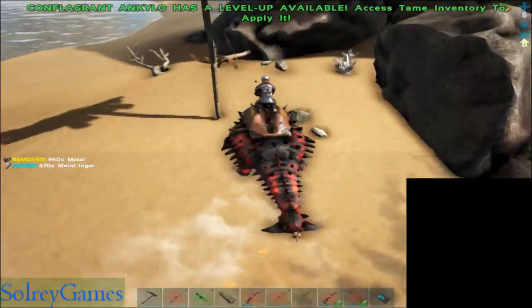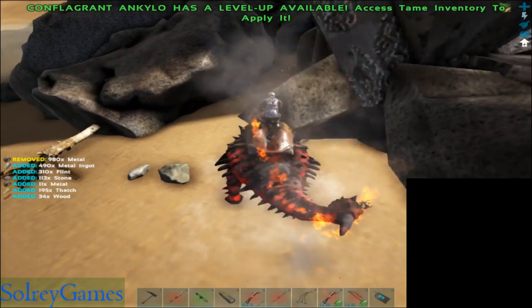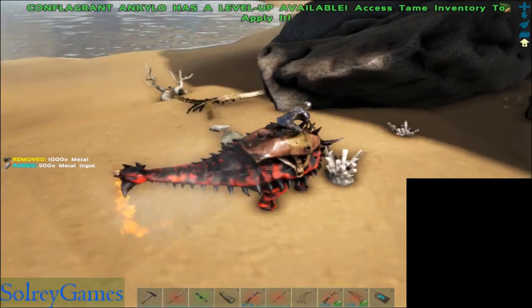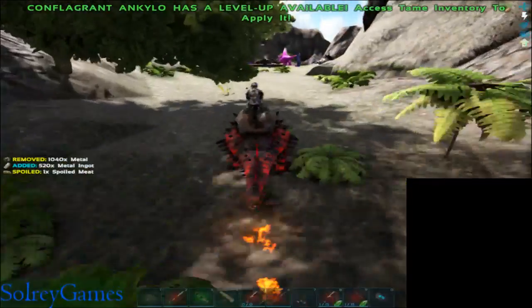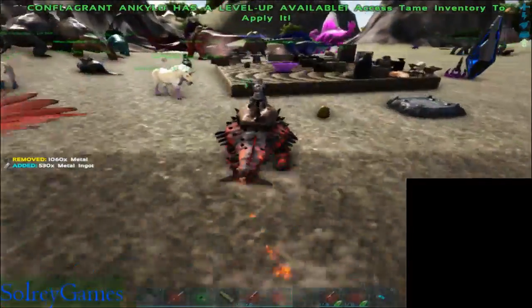Oh, is there a crystal here? We don't get crystal off that, do we? Oh, I didn't even hit it. Yeah, we do. I didn't even hit it the first time. Okay, so now